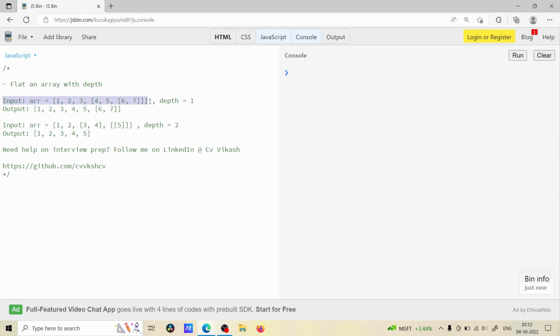We have an input array and depth. We have to flatten this nested array till the given depth. In this example, we have 1, 2, 3 and one more nested array which is in depth 1, and also 6 and 7 which are nested inside this particular array, which means this is in depth 2, right? Now we have to flatten this array till depth 1, which is 4 and 5 getting flattened,